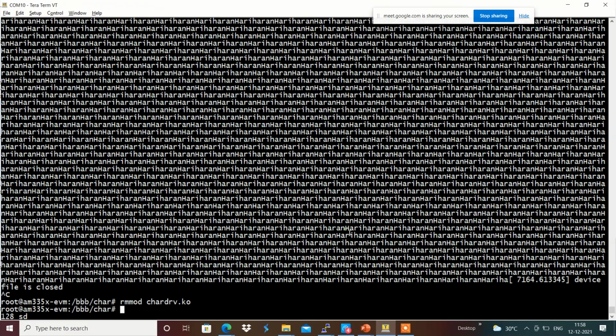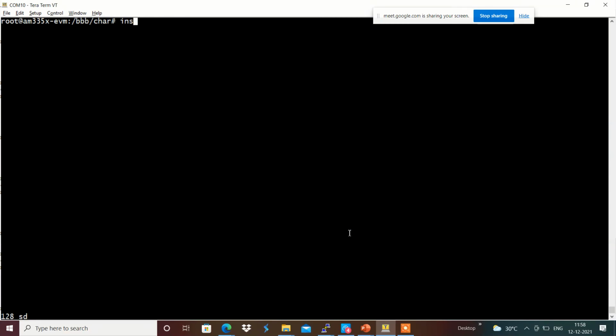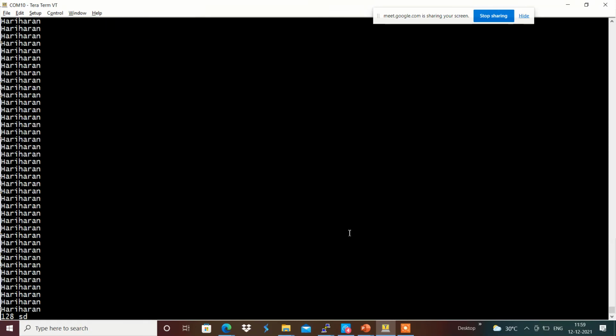We are going to read back again with insmod chr dev.ko, and I'm going to read the character drive over here, which continuously reads the data. The read callback function of the device driver continuously provides the Hariharan data back to the user space application.